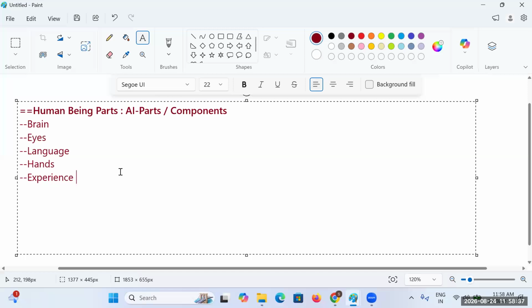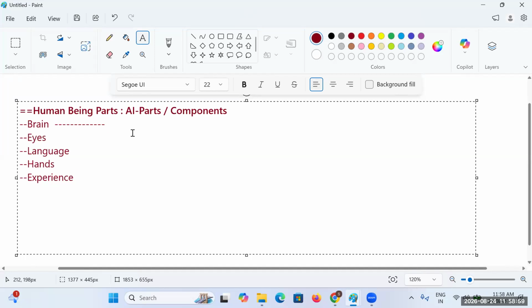As a human being, we have different types of parts, and the same aspects are there in AI.